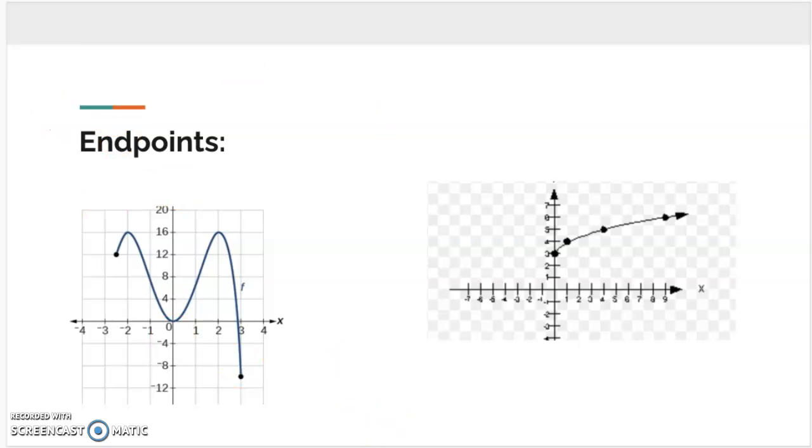Endpoints. We're going to talk about whether we have an endpoint or not. An endpoint just means a stoppage of the graph. So if I have an arrow, there is no endpoint on that side of the graph. So if both sides have an arrow, such as a straight line, we have no endpoints here. Whereas this one, we have 2 endpoints. We have this point right here, which is going to be -2.5,